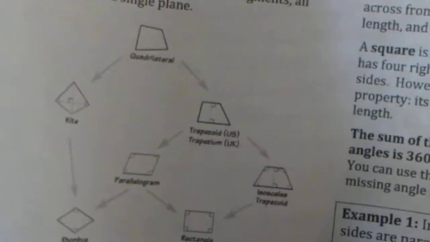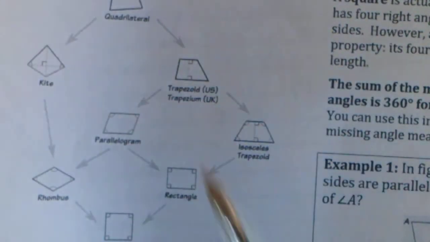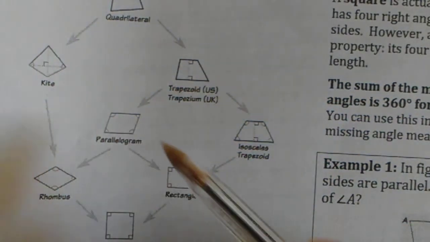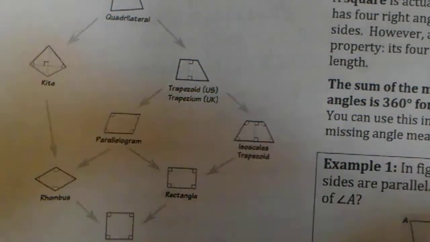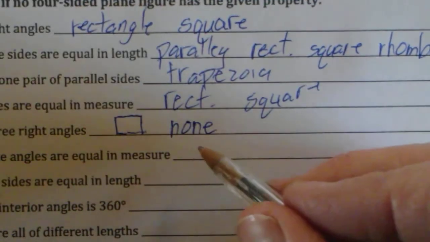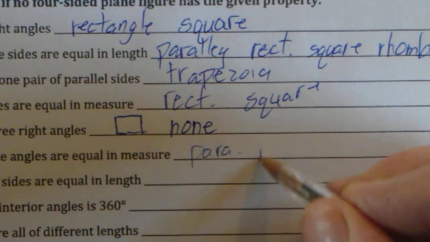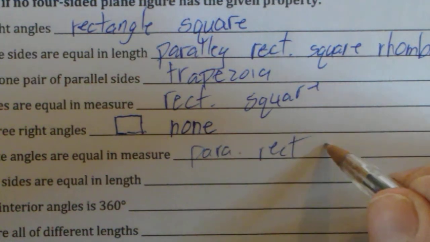Opposite angles are equal in measure. Again, that's the parallelogram, and all its children, the opposite angles are equal. So the same as this one. Parallelogram, rectangle, square,